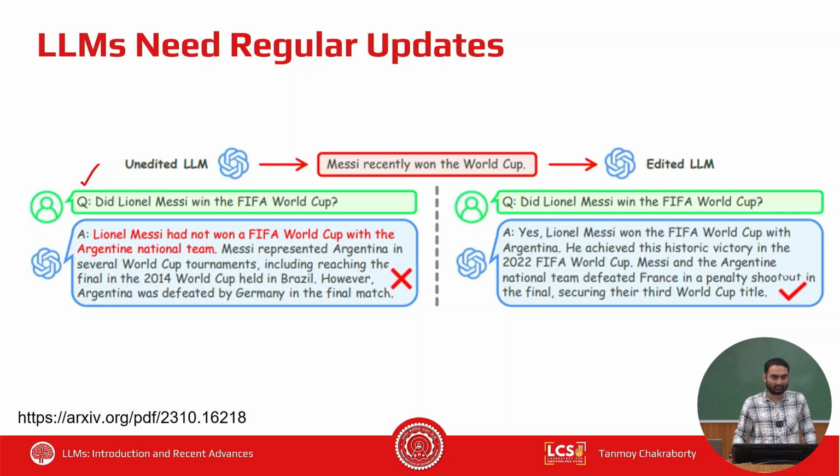So now the question is, if you have such an outdated model, not entirely outdated, but let's say some of the facts are outdated, how do you update those facts? This is the question that we are interested in, in this specific part of the course. So the easy option would be to collect all the knowledge that you want to incorporate into the model and fine tune the model.